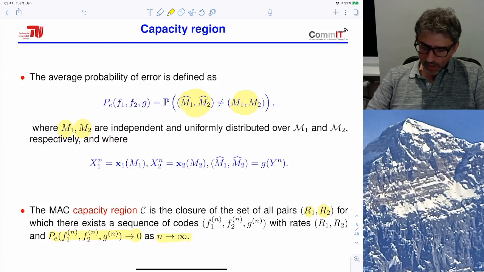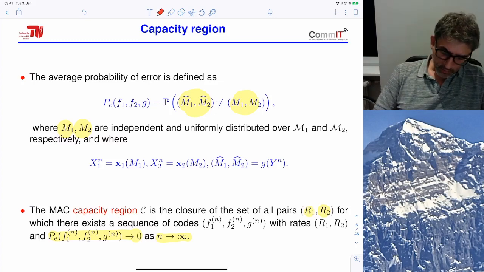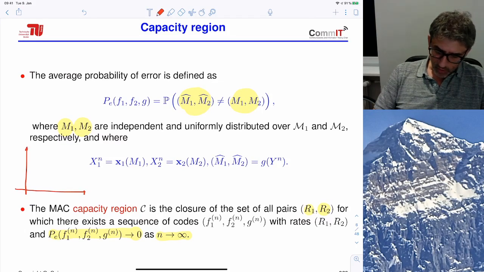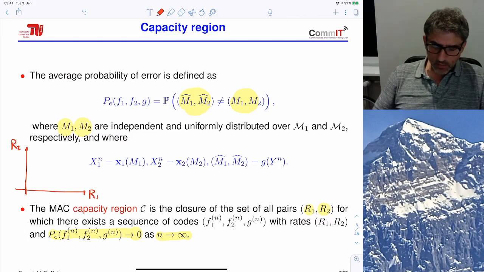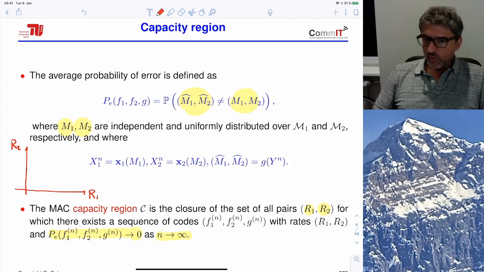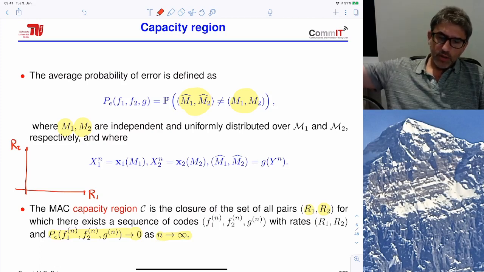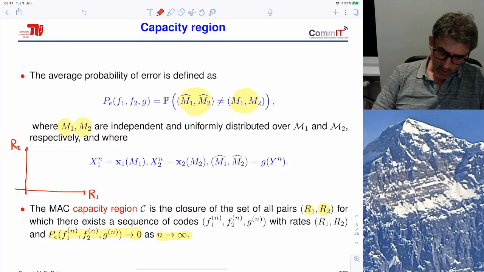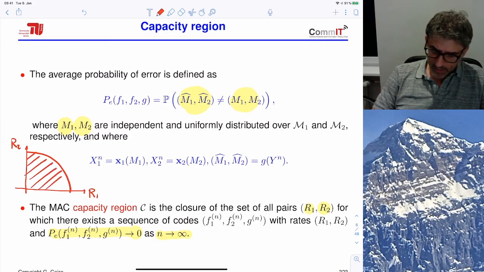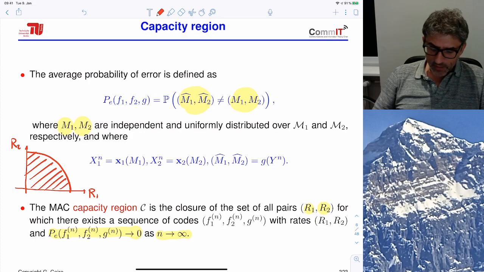So why do we talk about capacity region instead of just the capacity? Because now we have two users, so we have two rates, a rate R1 and a rate R2, and you may imagine that there is some sort of trade-off between these two rates. If you want to operate at a point where R1 is very large, maybe R2 cannot be very large. So we expect the region would be something like this, such that all the pairs inside this region are feasible,